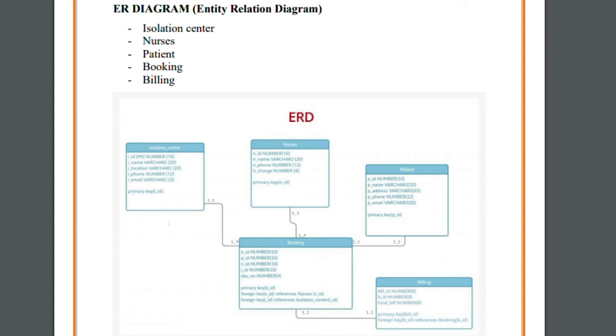Then we have the entity of patient. We have the attributes PID, P name, P address, P phone, and lastly P email. The primary key is PID. All of these entities are related to the entity of booking,